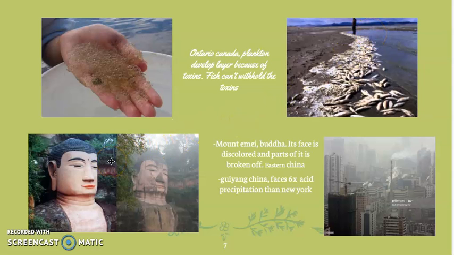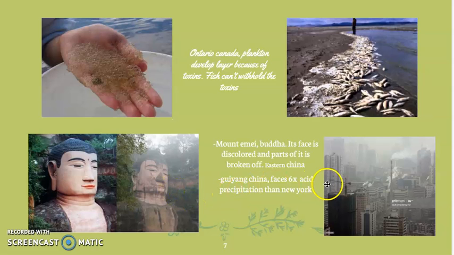And on Mount Emei, right here, this is a before and after picture of a little Buddha statue. This is before and this is after, and you can see the droplets and that it's discolored. I saw a video on YouTube, and parts of it are breaking apart because of how bad the toxins are. So it's dissolving it also, and it's just really bad.